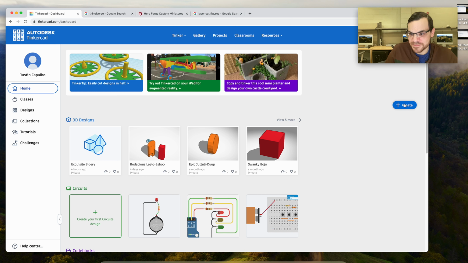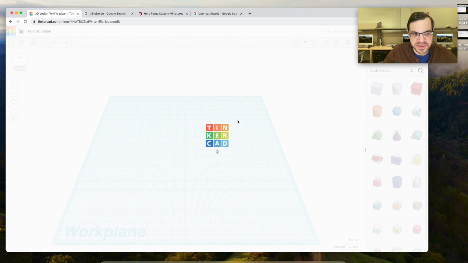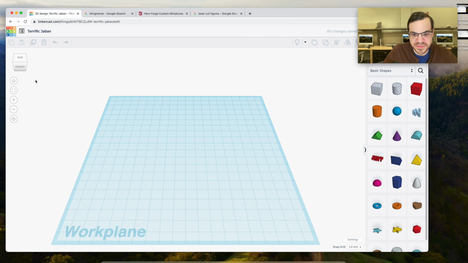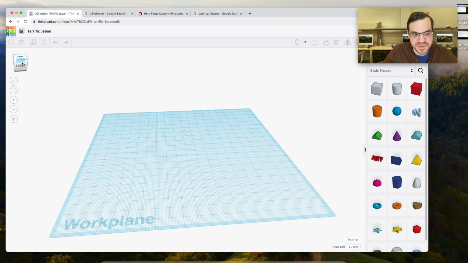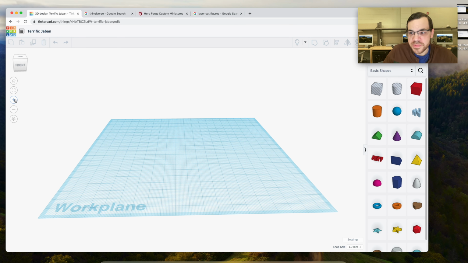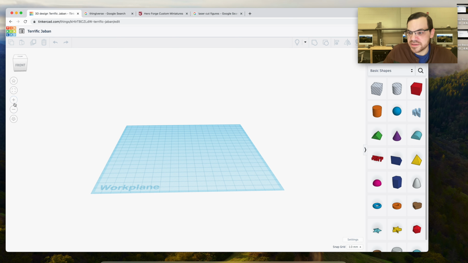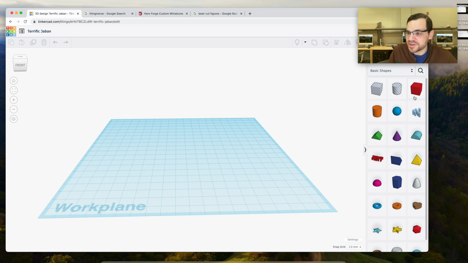If I click Create, I'm going to end up with this 3D work plane, right? If I go to the top left, I can maneuver around my little 3D space. I can zoom in, I can zoom out. And the way we work with this is we take positive shapes. Think back to elementary school, we're using building blocks, right, to create different things. We're going to take positive shapes like this square,